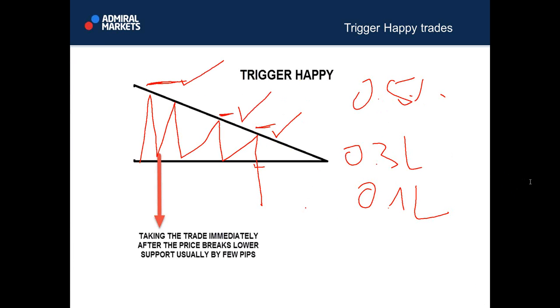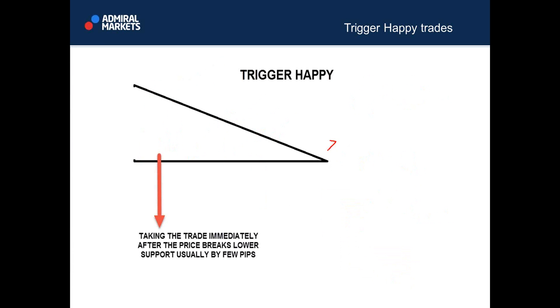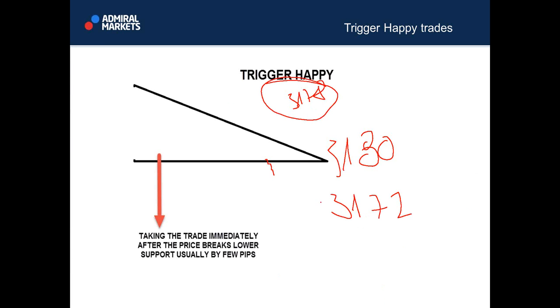Is it possible to place an even tighter stop at a breakout line? Yes, but how would you do that? Let's say that the price has broken. I will use this example. This is 31.80, okay? And now, bang, the price goes down. So you enter at 31.78. What happens is the price comes to 31.72. And now you can place your stop loss at 31.78 or 31.77,